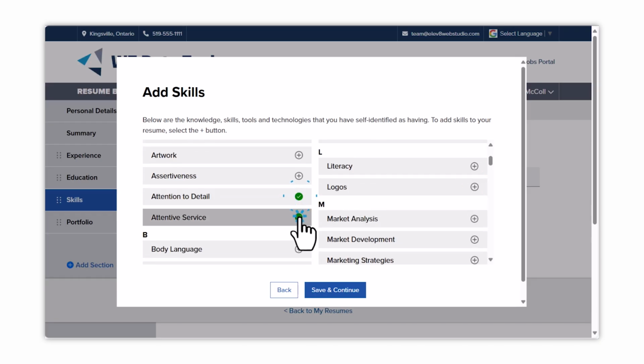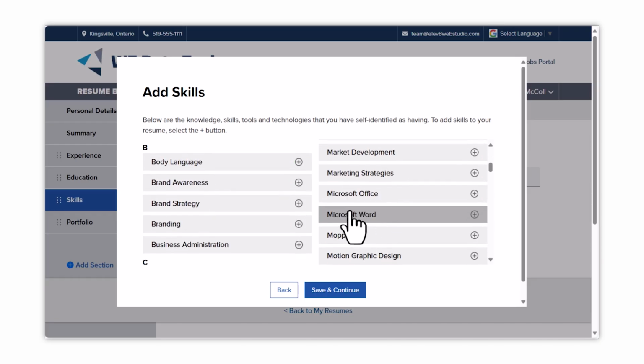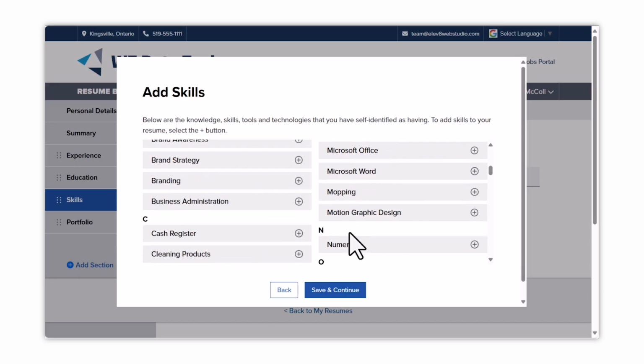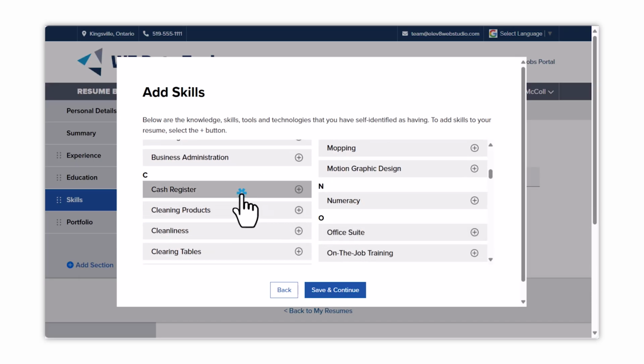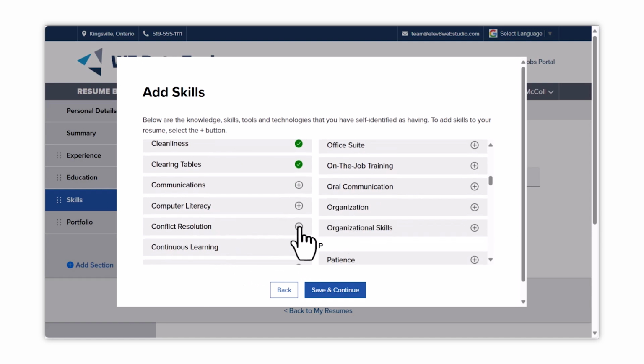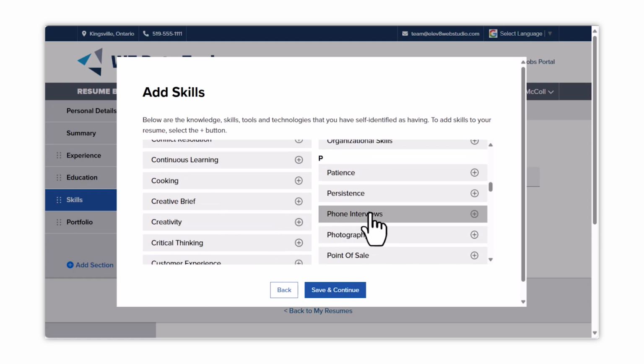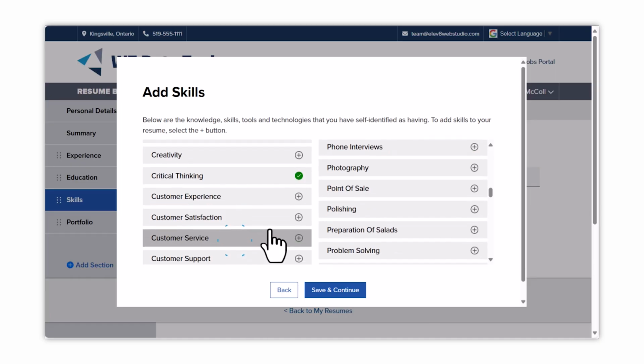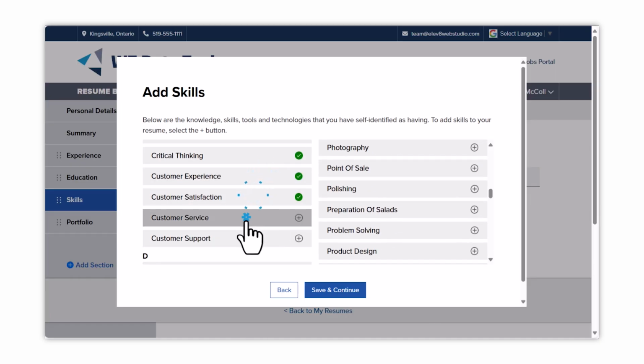Whether or not you choose to preload your skills in this way, you can always manually add skills by typing the skills you're looking for and clicking on it from the drop-down. Remember, we have over 20,000 skills in our database, including knowledge, general skills, and tools and technology. Things you know, things you can do, and things you can use.